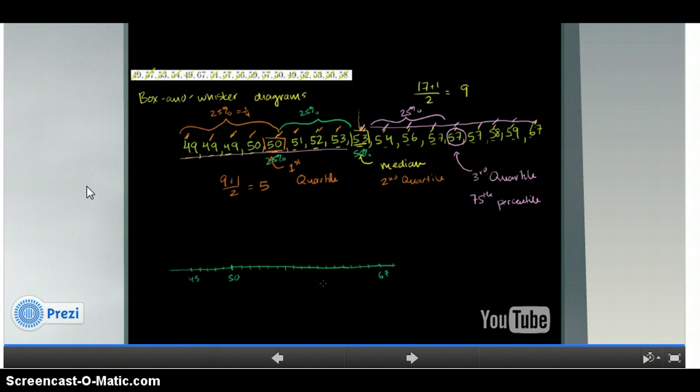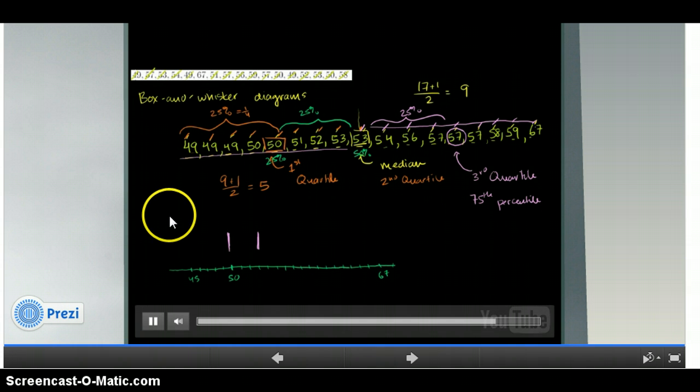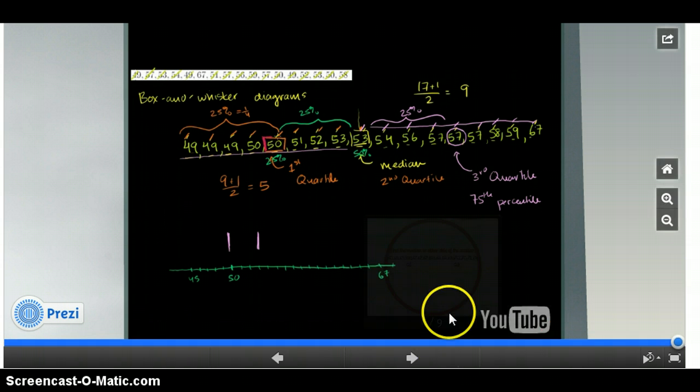So if we use this as our scale, I think it'll be a little bit clearer what's going on with the box and whisker diagram. We have our median, our second quartile. Our second quartile is 53. 1, 2, 3, 53. It's right here. 53 is right there. Our first quartile, the number that is greater than 25% of the values, is 50. It's 50 right there. That's that. Let me color code it. This number right there